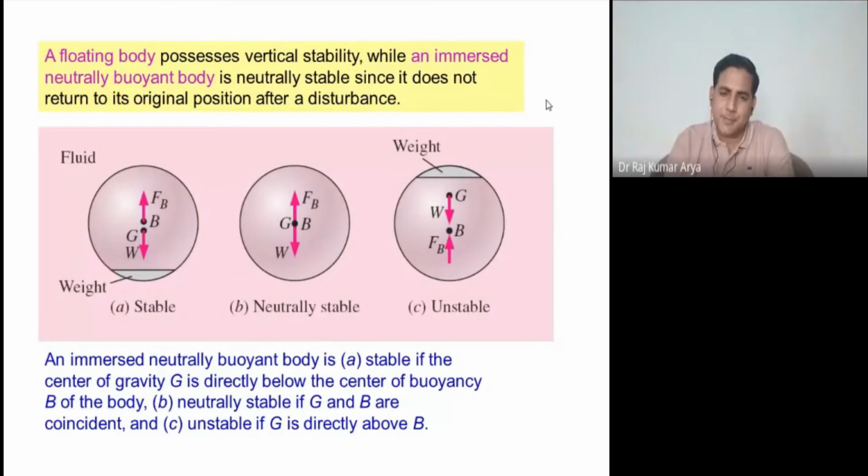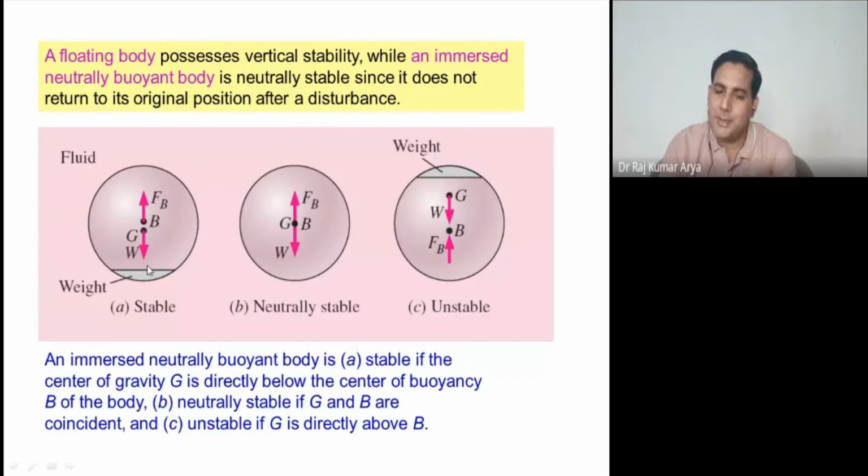So what we have here is this one. To have a floating body, you put a heavy weight at the bottom of the ship. You always have heavy material at the bottom of the ship, just like the machinery and engines of all ships are in the basement, not on top. Yes or no? Yes, sir. They are in the basement so that the maximum weight is downward only.